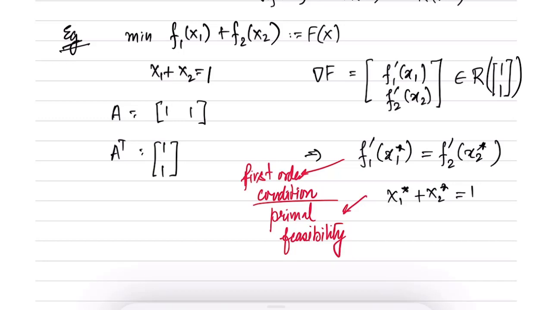So this motivates the development of Lagrange duality. Lagrange duality is essentially, you can think of it as a generalization of this idea of having a first order optimality condition. And in that case, we will have a few more conditions other than the first order condition and the primal feasibility. We'll have a few more conditions, and those combined will be called the optimality conditions for any optimization problem.